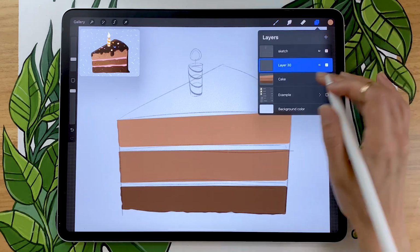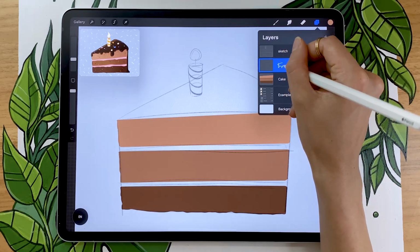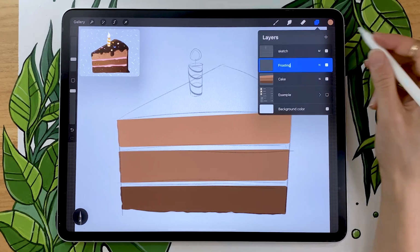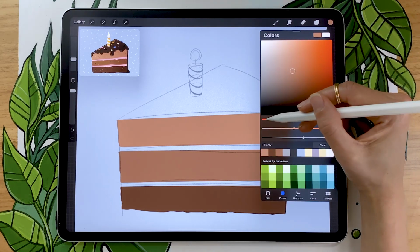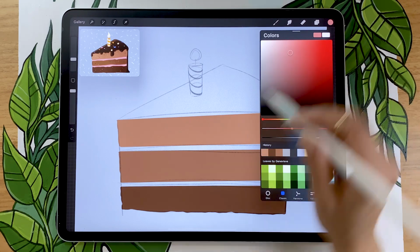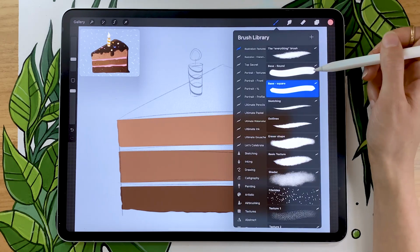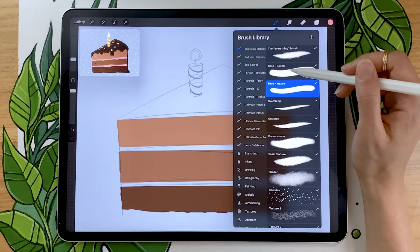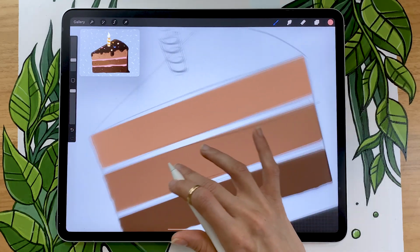So once you have your cake base, go ahead and create a new layer above the cake layer and rename it to frosting. So on this layer, we're going to draw the layer of frosting between the cake layers. So not the top, really just kind of the two little horizontal lines. And I'm going with bright pink just to make the cake look more exciting, but you can go with whichever color frosting you want. And for the brush, you can stick with the hard brush, or if you have the illustration bundle, go with the base round, since we want something a little bit more